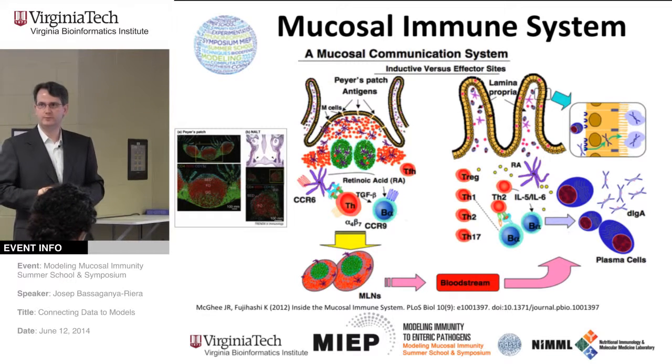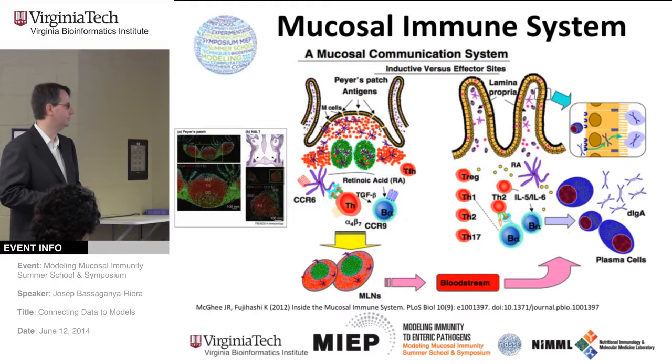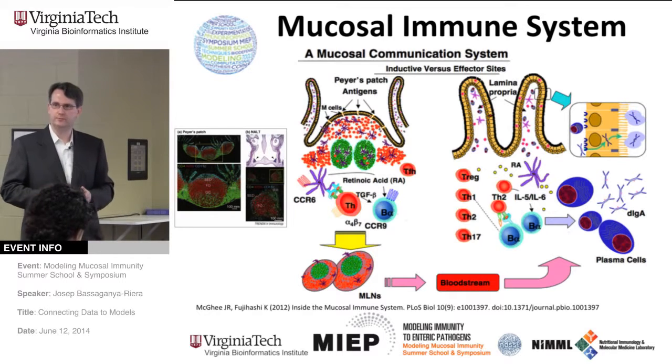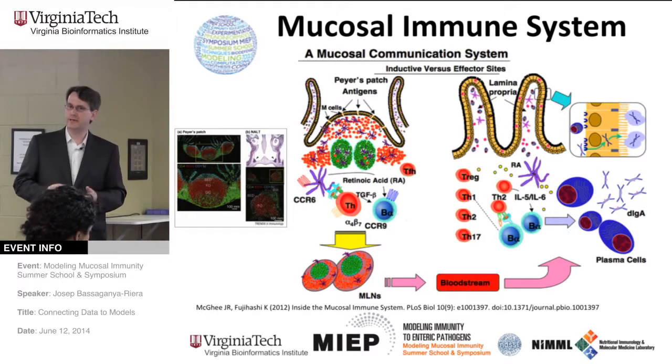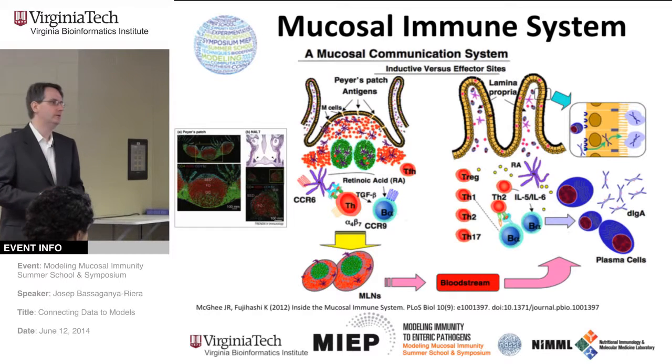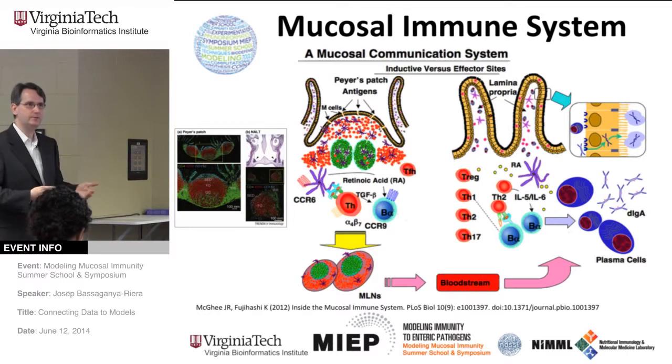The mucosal immune system represents about 70% of the immune system in humans. It's a very significant part of the overall immune system. There's about 300 square meters of epithelium in our mucosal immune system. It's impressive. We could pave several tennis courts with that epithelium, and we are replenishing that immune system on a daily or every 2-day basis. So those are some numbers, some food for thought.